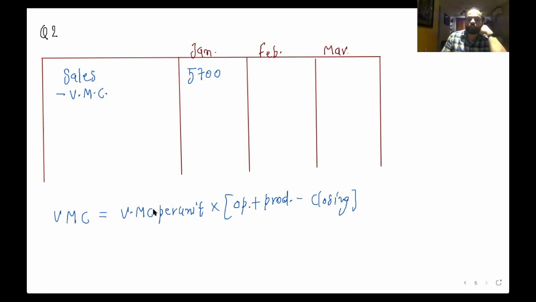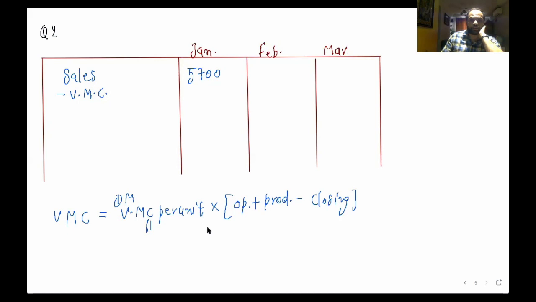So in variable manufacturing cost, we have direct material. How much is direct material? Or if you want, you can tell me the total variable manufacturing cost. How much is total variable manufacturing cost per unit? $11,